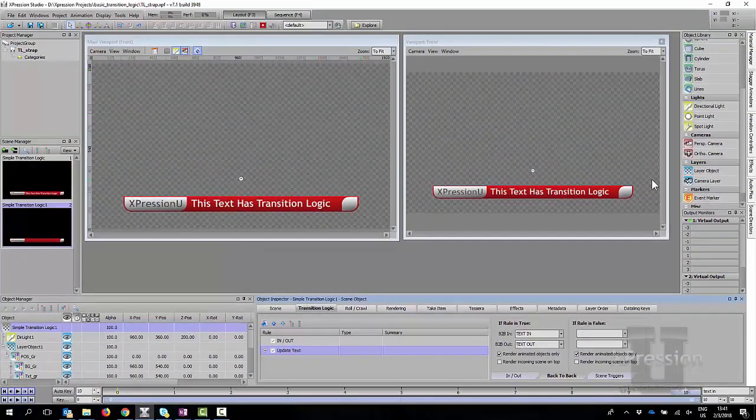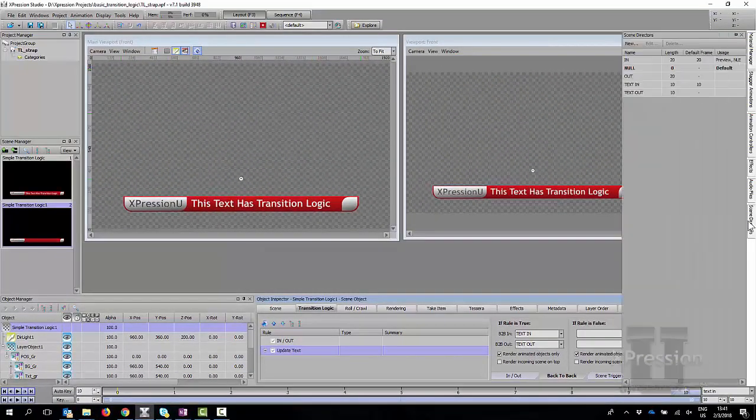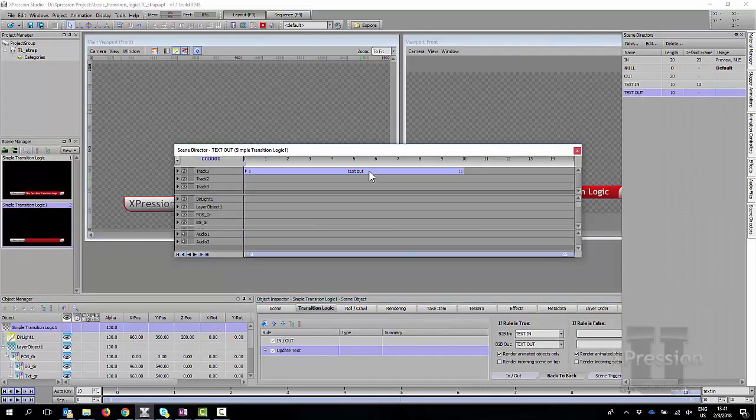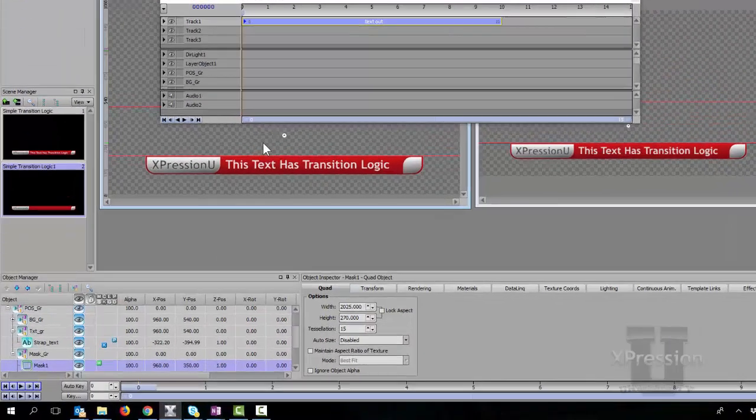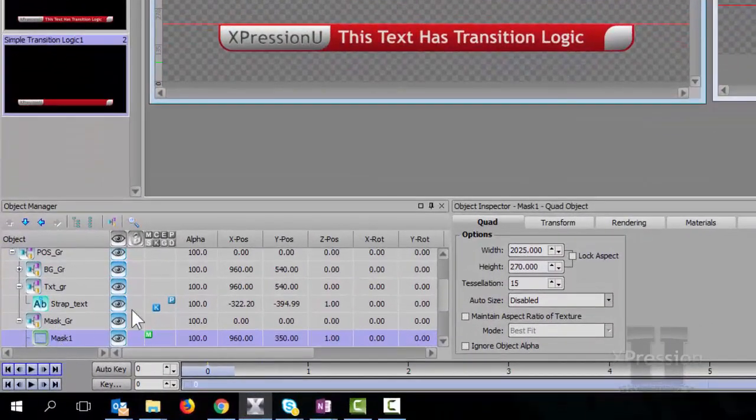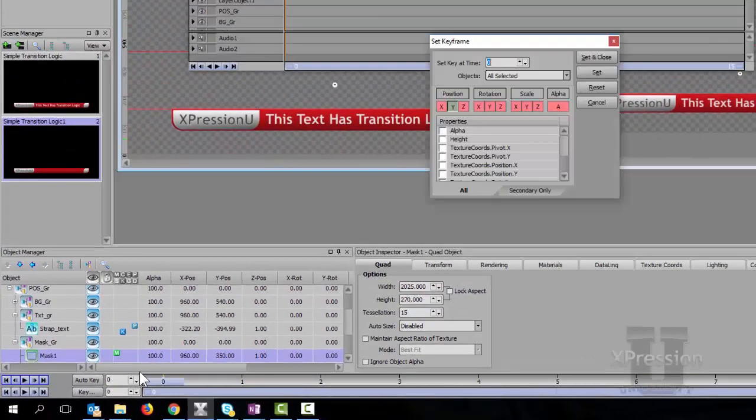What you can do though is if you go to the correct animation, so in this case it's going to be our text out, and I'm going to make sure I have this animation controller selected by double clicking on it, and you see it's gone yellow. And what I'm going to do is I'm going to go to that mask, which is my mask 1 in this case, and I'm just going to make a keyframe at the beginning, and it really doesn't matter, I'm not going to put any kind of animation on it.